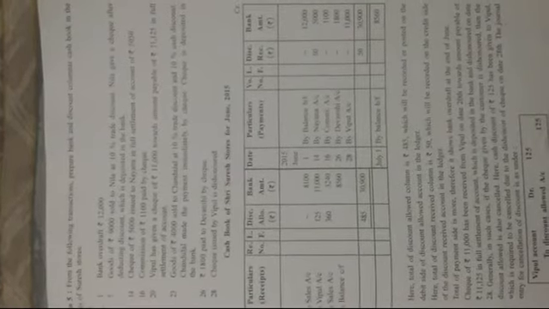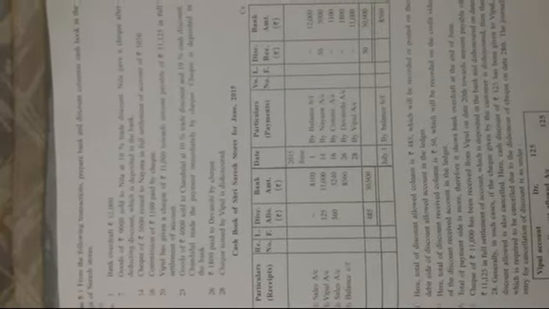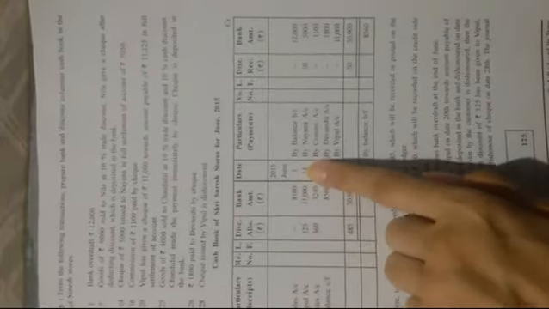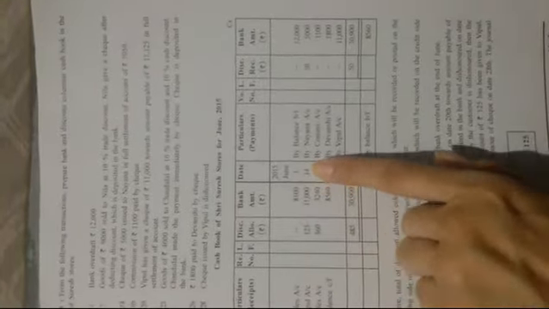So the check is paid, that's why bank balance is decreasing, and the discount is also received. So it will be recorded on the credit side of the cash book. So write the date, that is 14th June, By Naina's account. You can see that Suresh Stores has received 50 rupees discount and the total check amount paid by Suresh Stores is 5,000. That's why you have to write the 5,000 in the bank amount column.